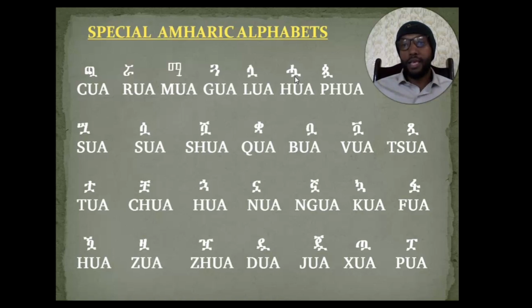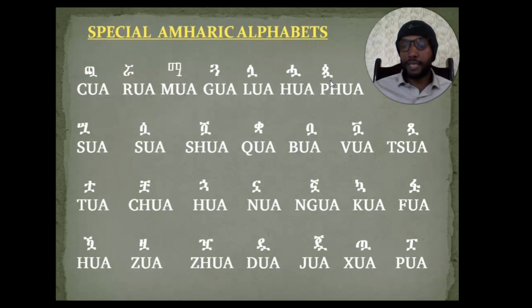Ha, Hu, He, Ha, He, He, Ho. Okay? So this Hua comes from the basic alphabet called Ha. Number 3 basic Amharic alphabet called Ha, Hamaruha, okay? It came from this one. And it's called what? Hua. Whereas this one is called what? Pua, okay? So this alphabet is called Pua, and it came from the basic alphabet called Pa.